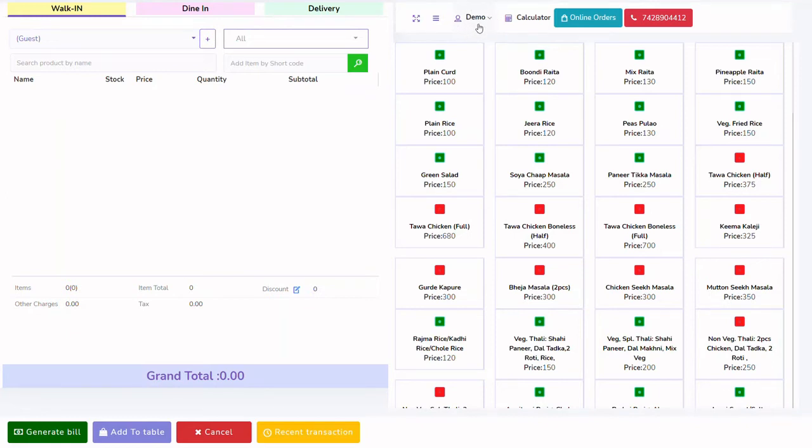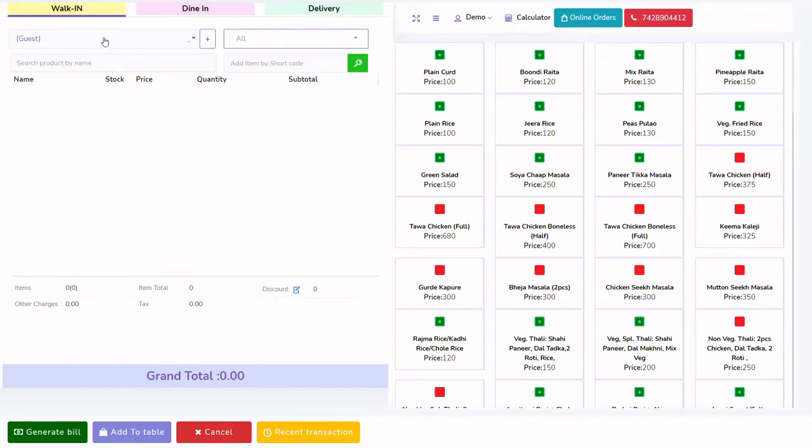Here it shows the name of the person who is logged in. On clicking this, 2 options are there. He or she can reset the password. The other one is, as the name defines, for logout. The fourth option is a calculator. Now let's move on to the left side.